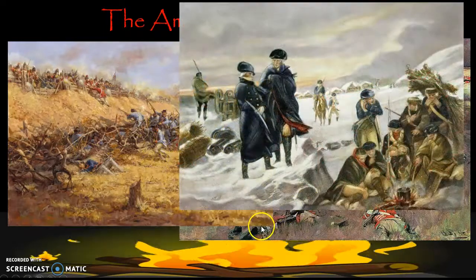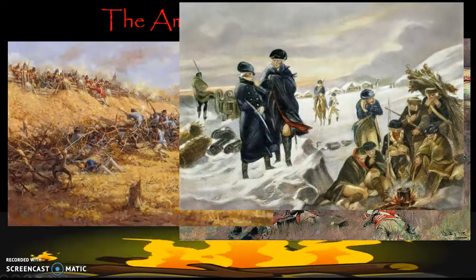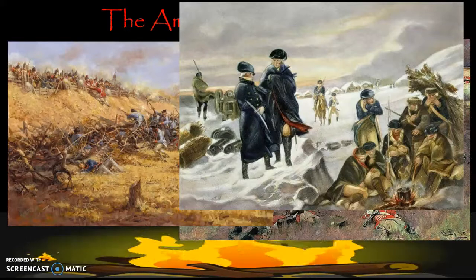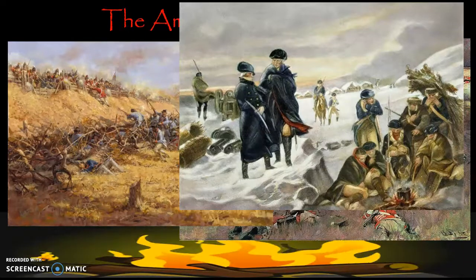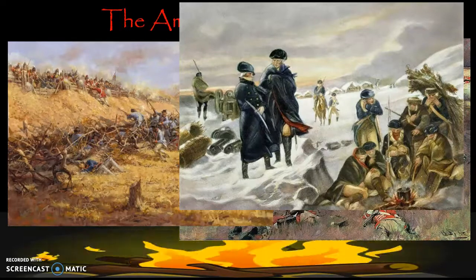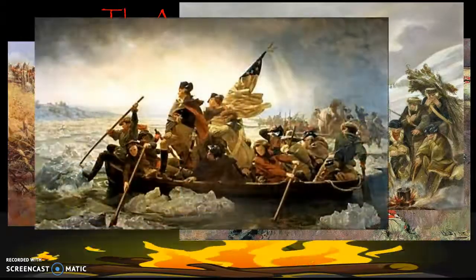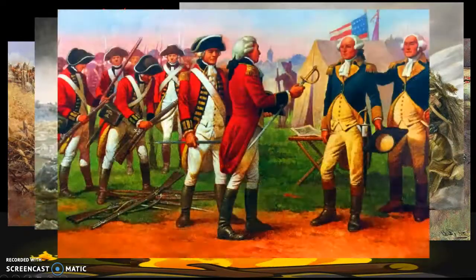All right. We have a long winter at Valley Forge, where General Washington, who was commander-in-chief of the Continental Army, and his men have a lot of issues during that winter. Starving. There's no food. People are sucking on their bootstraps just to get the salt out of it. There's disease going around. Smallpox is running rampant. But we do get some foreign help, and at the end of that winter, the American army actually comes out ready to fight, and they start winning major victories all the way until the end of the war,